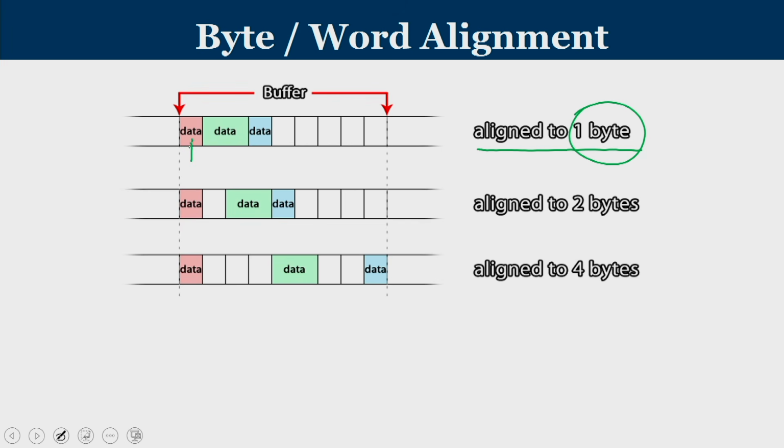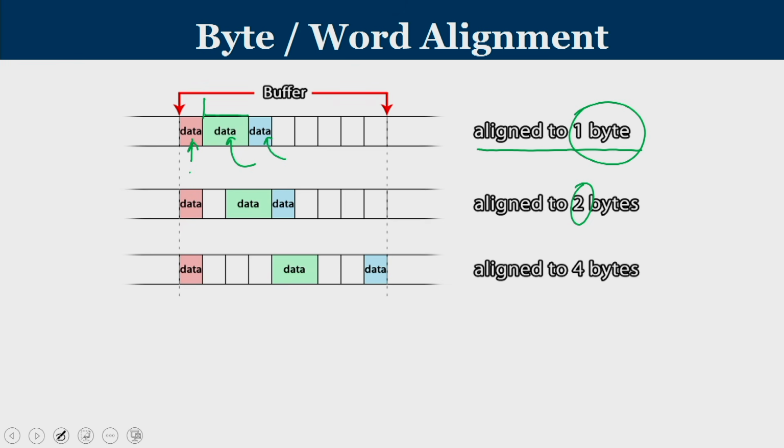So, this pink color is 1 byte data, whereas the green is 2 byte data and the blue is another 1 byte data. So, I can store data at the beginning of every byte. The first byte is your 1 byte data, and then you have a 2 byte data that can be stored immediately after the first byte. You will understand the difference once you go for an alignment of 2 bytes. An alignment of 2 bytes means data can start only at words whose byte addresses are multiples of 2.